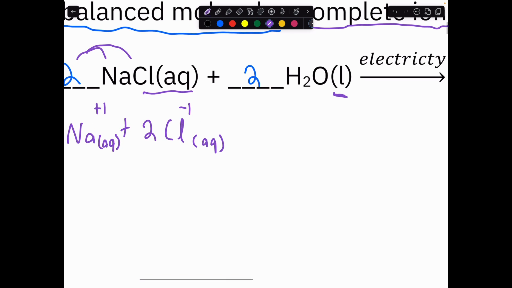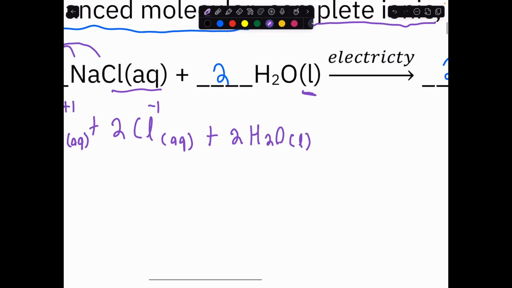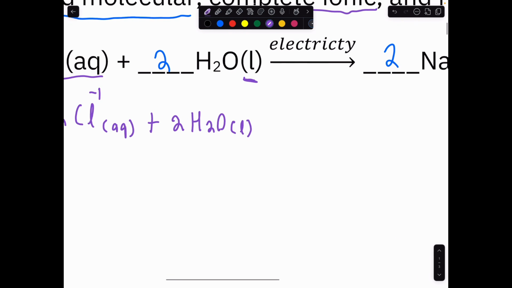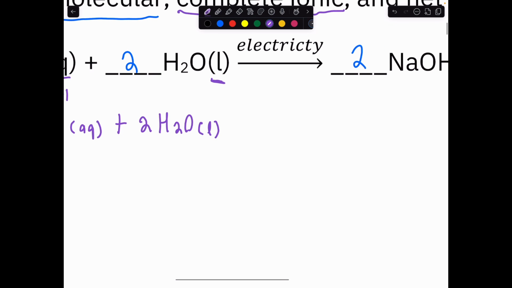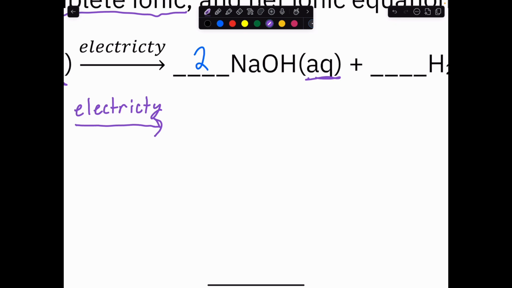Then I'm going to move over. I'm going to say that we have 2 H2O in liquid form, and these usually are balanced out for our hydrogen, so we don't have to break that up anymore. Now we have to go to our product side. I'm going to write electricity at the top because we want it to just follow all the way down. So now we have our